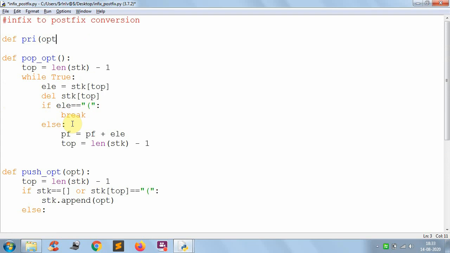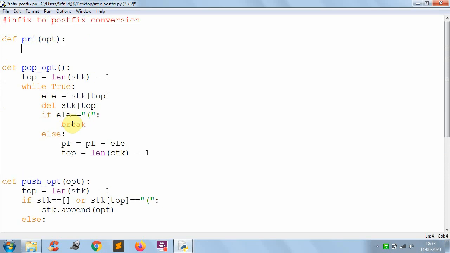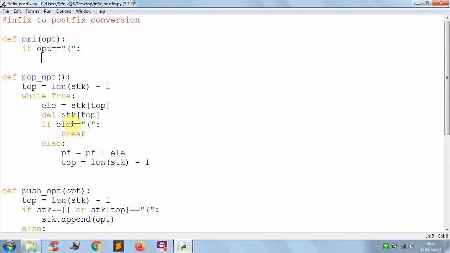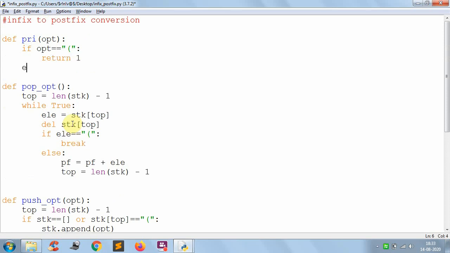Here I am taking the input as the operator. I have to create the priority. Here I am creating the lowest priority. If opt double equal to left parenthesis, I am giving the priority: return 1.